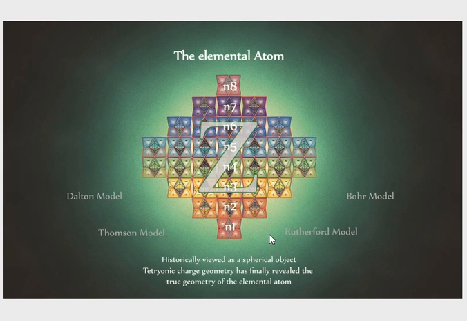Now that we've fully described the charged geometry of all matter, and the exact geometry of all the elements, it's clearly shown that the 4 pi spherical geometries that have been used were in fact rough approximations of the 4 n-pi geometries of tetryonic matter, in this case all elements. They can be generalized as 4 pi, however as a point source,